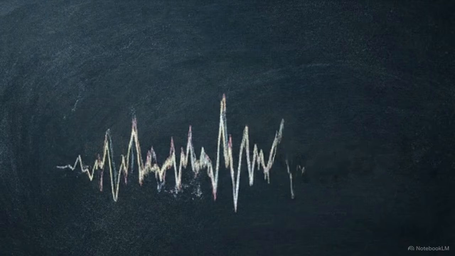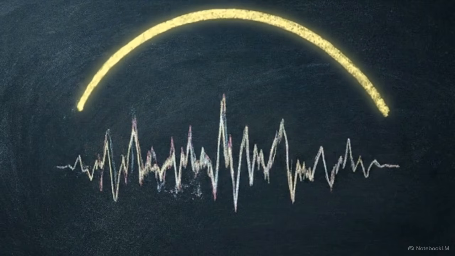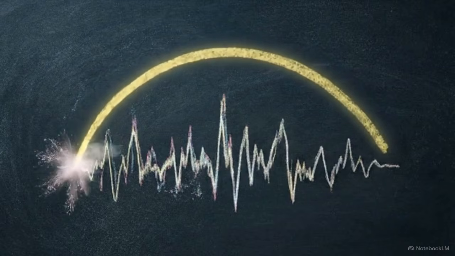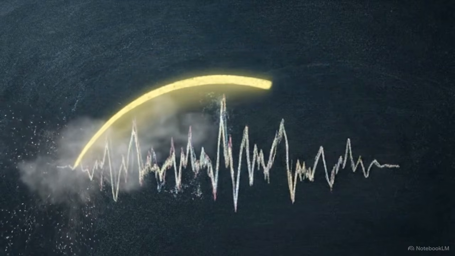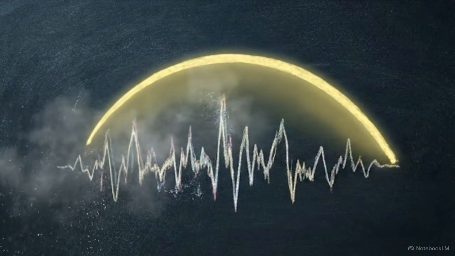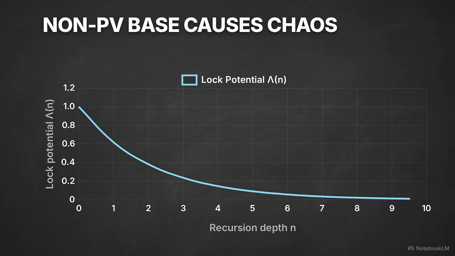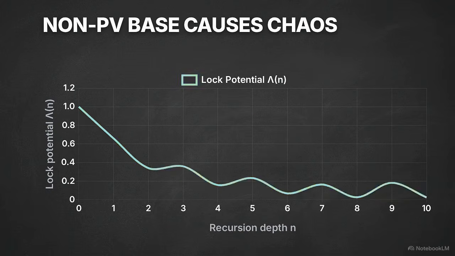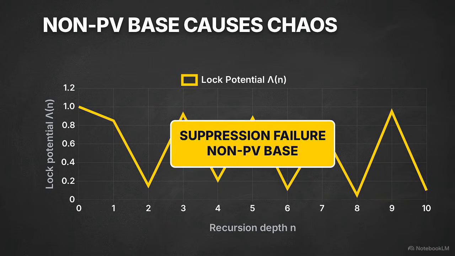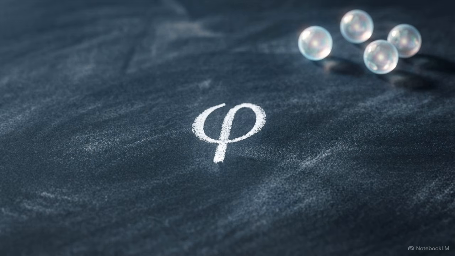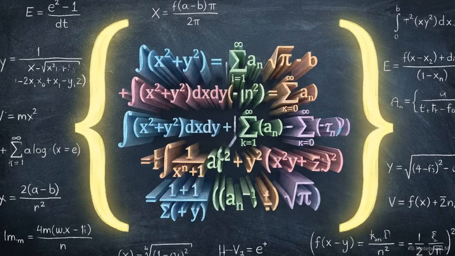This exact PV property acts as a mathematical dampener. It provides the smooth, perfectly bounded exponential suppression envelope that the lock potential requires to function. If we substituted a non-PV base into the equation, the suppression curve would immediately break down, introducing chaotic, irregular fluctuations into the potential. The golden ratio does not actively group the particles. It exists in the formula passively, serving as a smooth, stable mathematical envelope for the actual Diophantine mechanisms to operate